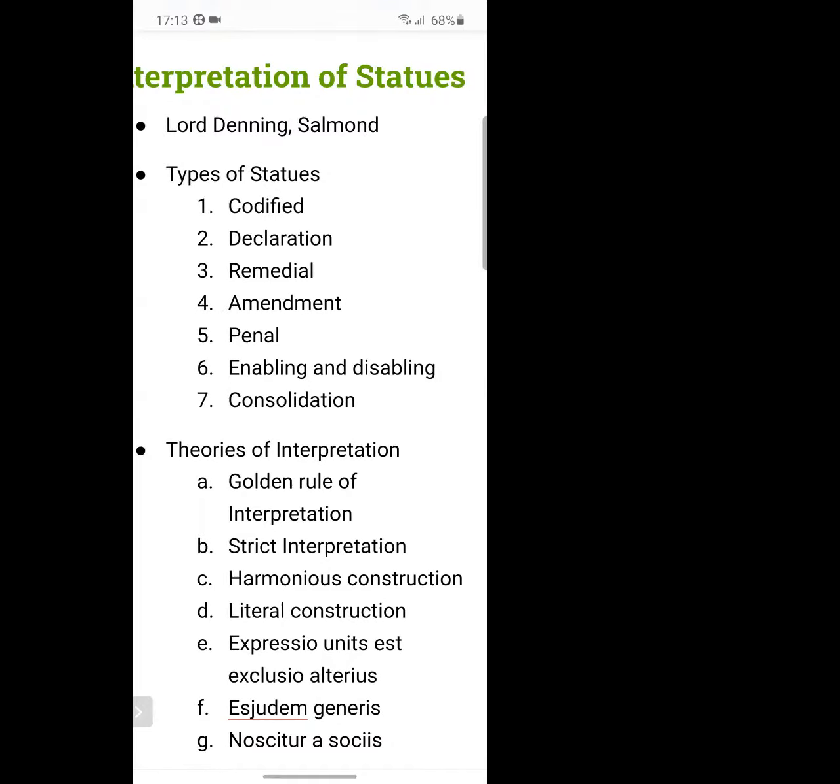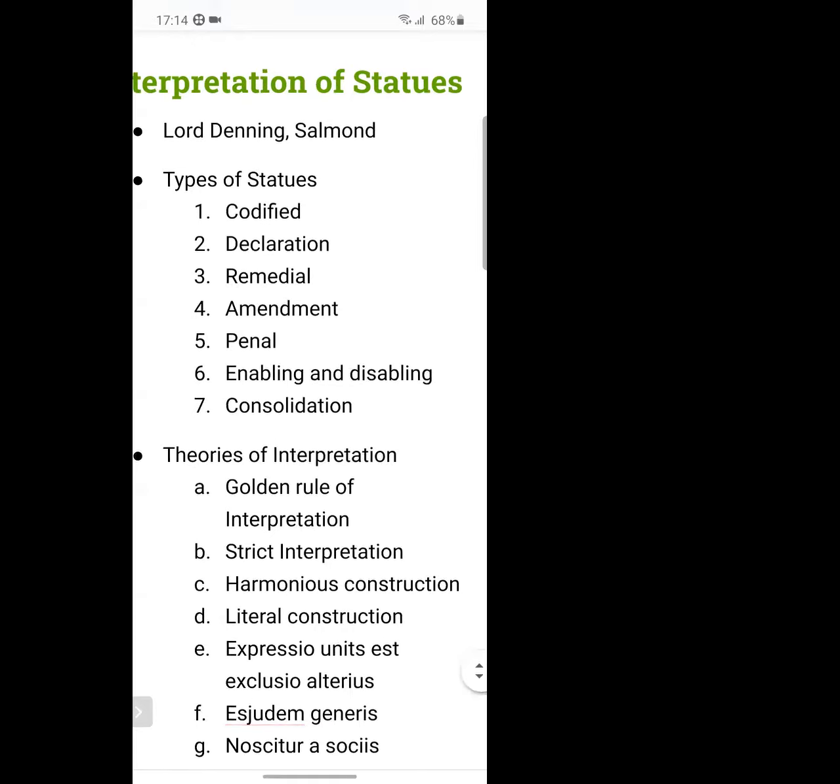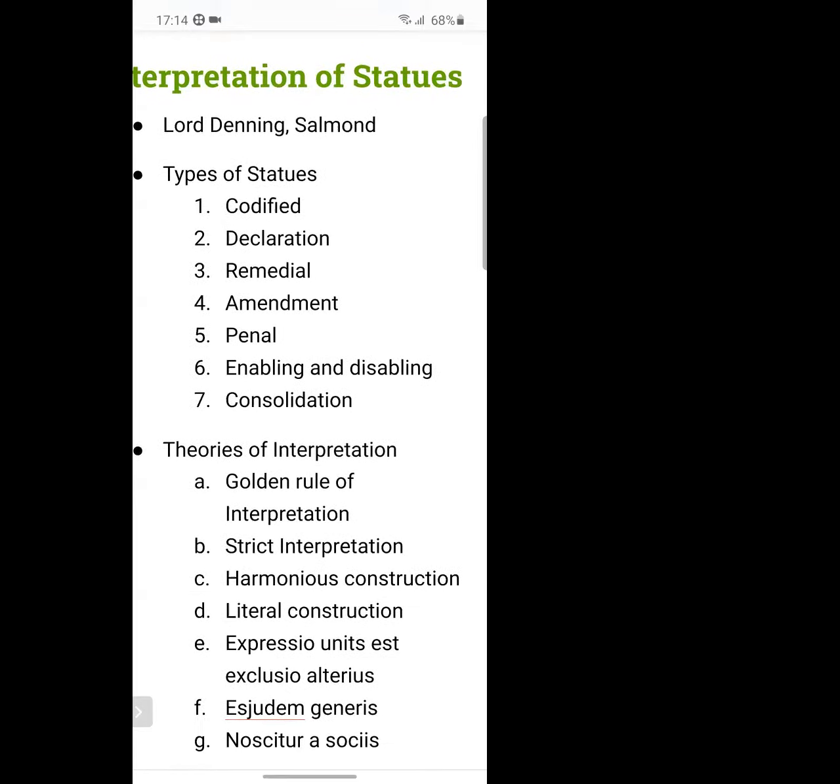Okay, how will it happen? How will it not happen? There is nothing to be decided. It is the plain meaning says that the agreement has to be between the parties. So you don't have to apply the golden rule, the rule of reasonableness or any such rule, because the plain meaning is very clear. But supposedly you come across a statute where the plain meaning of the statute is not clear,